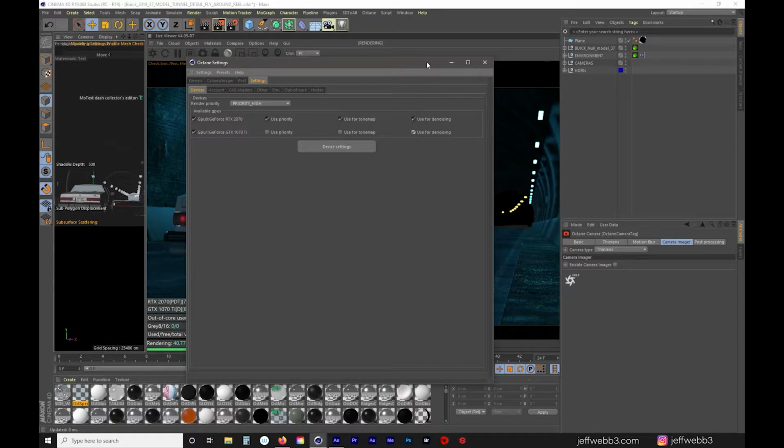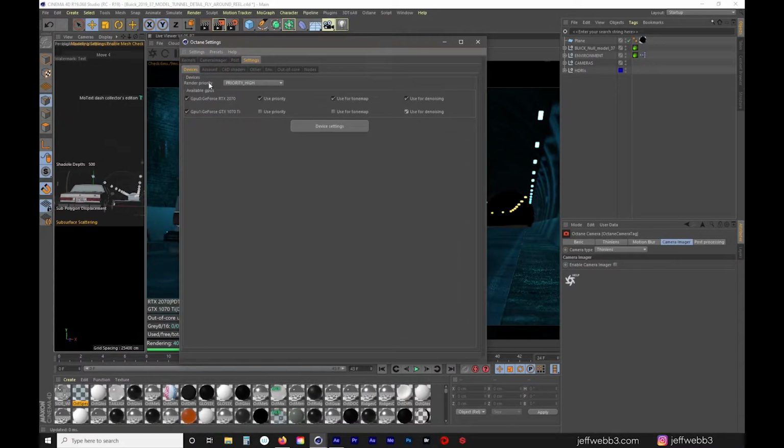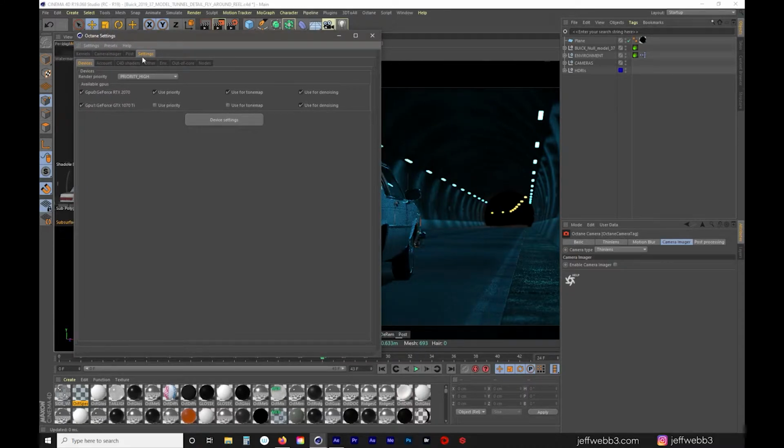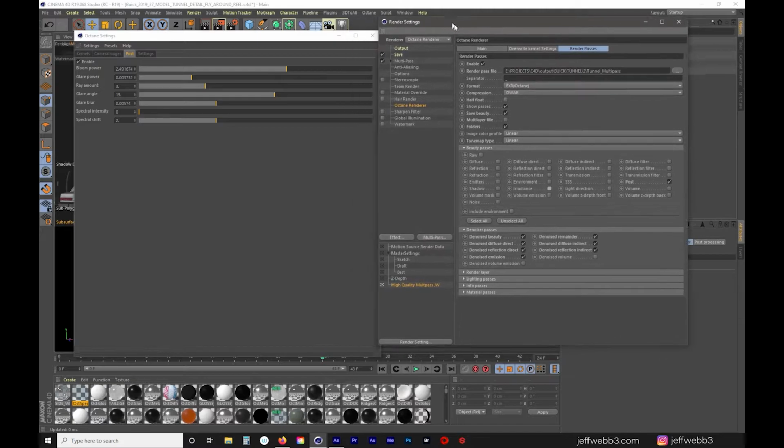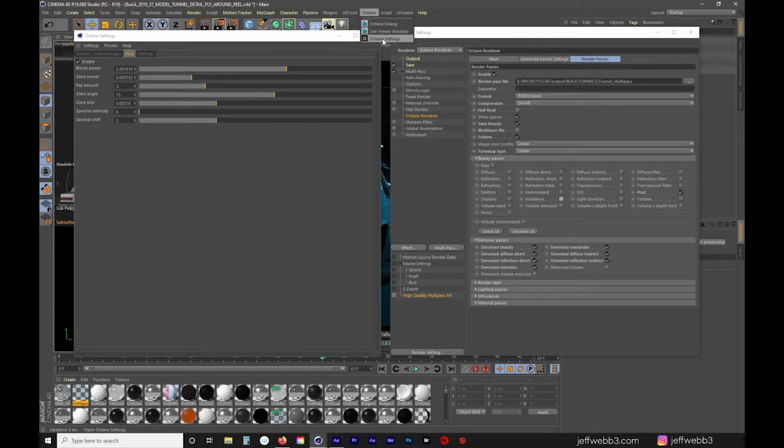Maybe I'll do that now. I don't think that the live render will switch over till it's done. Other than that, those are my kernel settings. Let me bring this over here. Octane settings are right here,